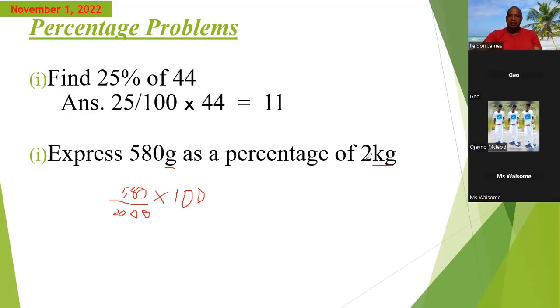So if you have 2 kg, you multiply by 2, so you would have 2,000 grams. If you're writing the 580 as a fraction of 2 kg, you need to convert the 2 kg into grams, which is 2,000 grams. And then now you can work with both numbers with the same unit, g. So you put 580 over 2,000 times 100,